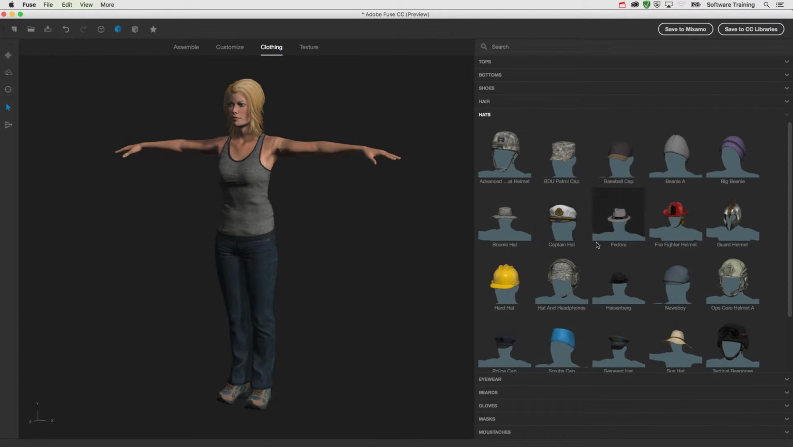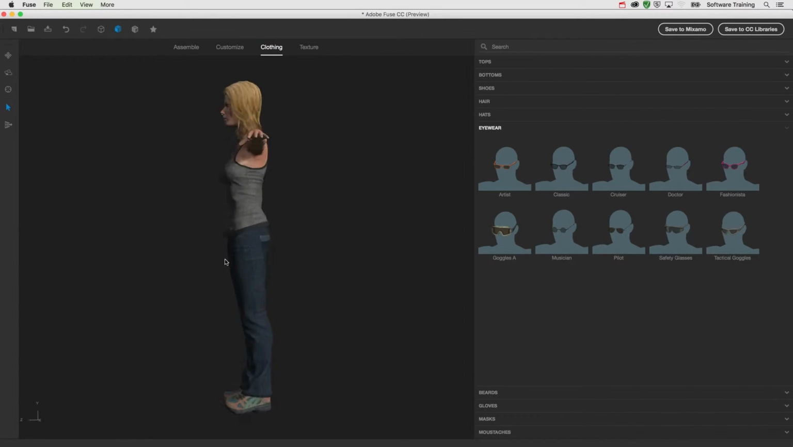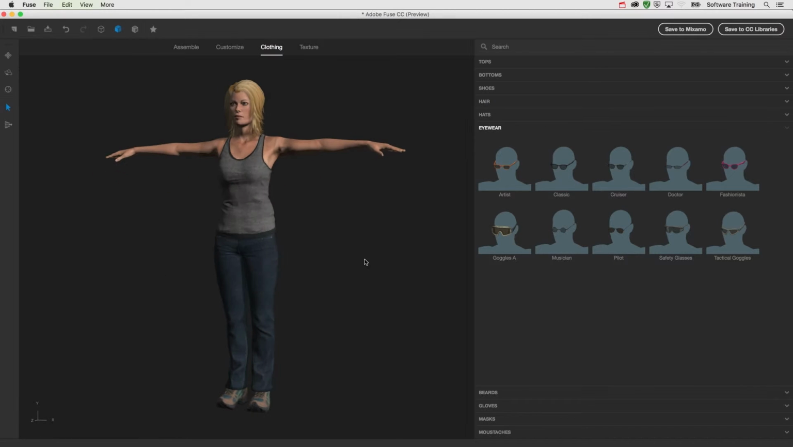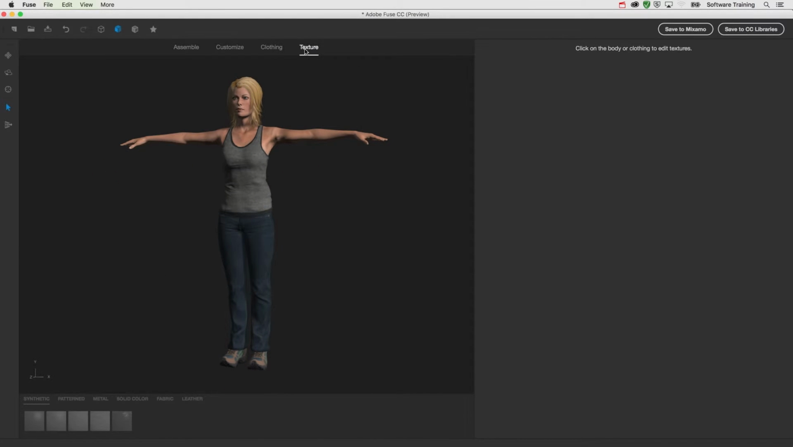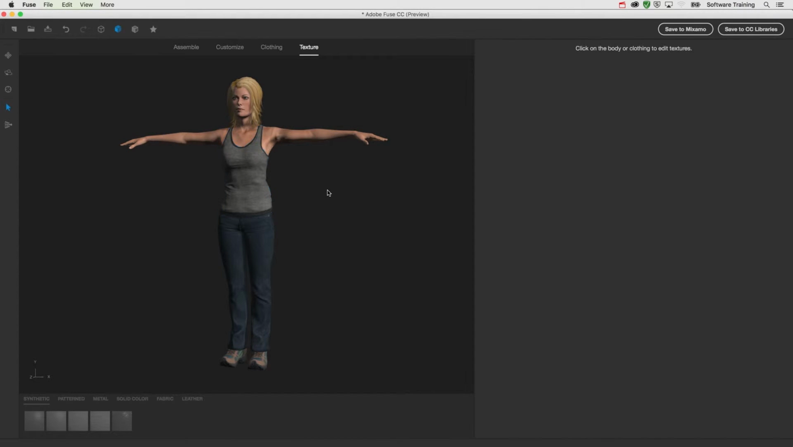You can customize your character. There's a huge library which you can add. Let's put on some glasses. Or if you don't want them, you can select them again and delete those glasses. No problem. And there's some other things you can add to your character as well. So when you're happy with your character, you could go into texture and click on the body part or clothing to make some adjustments. But in this case, I'm really happy with the character and I want to bring it